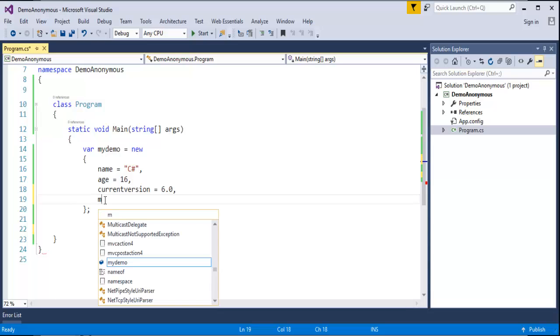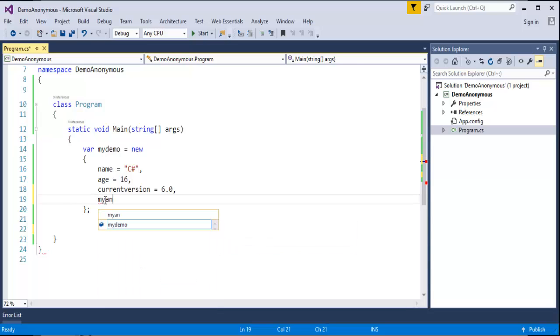How to do that? My anonymous equals. Let me create one property in that, like color, and the value assigned to it is